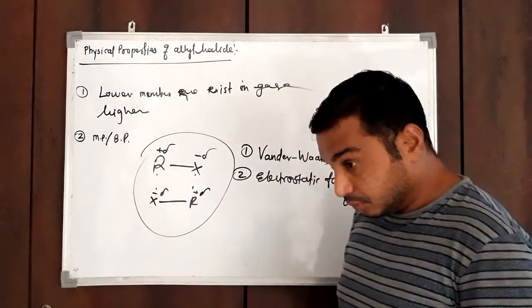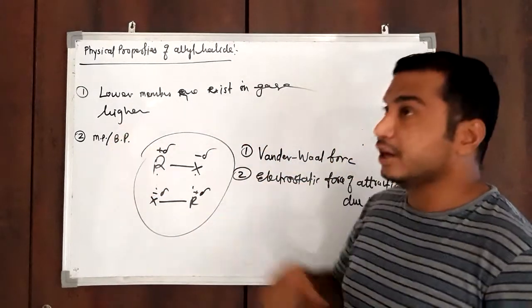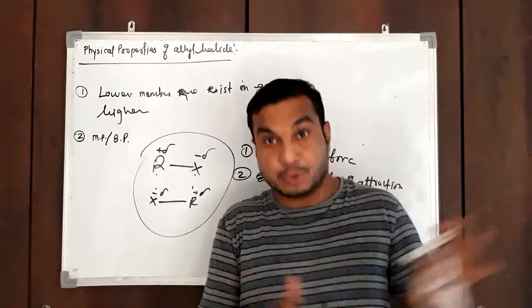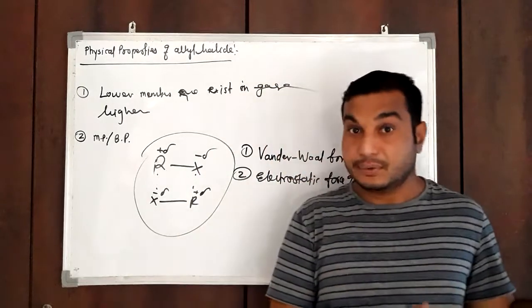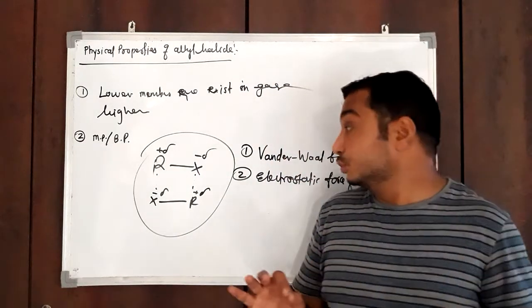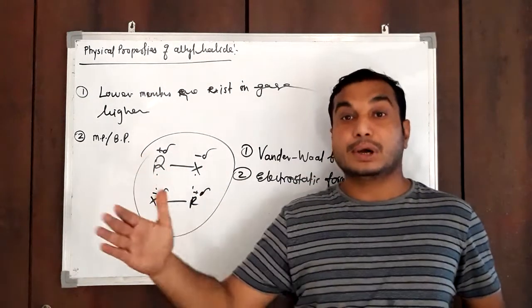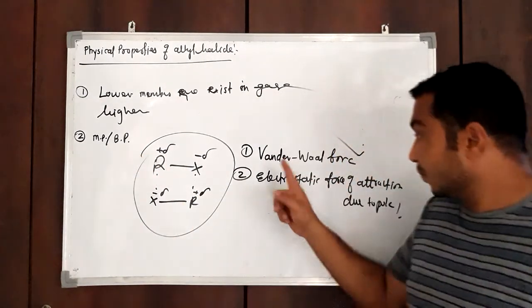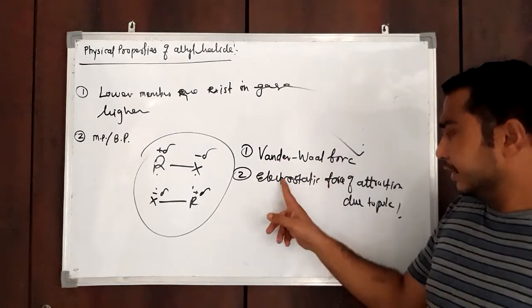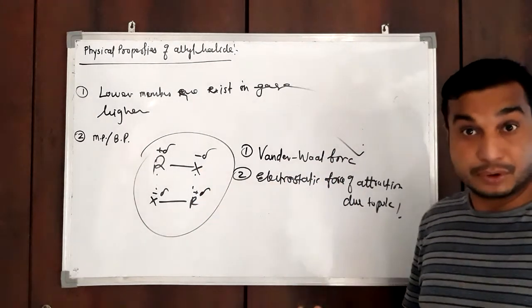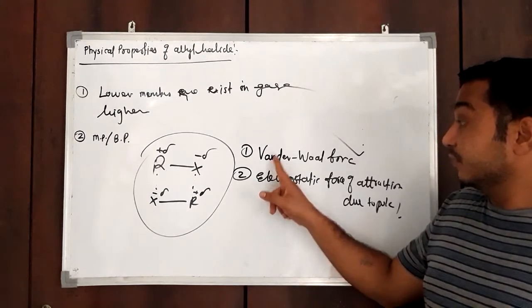Now, if we discuss melting point and boiling point, from lower to higher, the melting point or boiling point increases. Why? This is due to the van der Waals force of attraction. From lower to higher, molecular mass increases. Therefore, van der Waals force of attraction increases. Electrostatic force of attraction remains the same, because the halogen atom is the same, so the only increasing factor is van der Waals